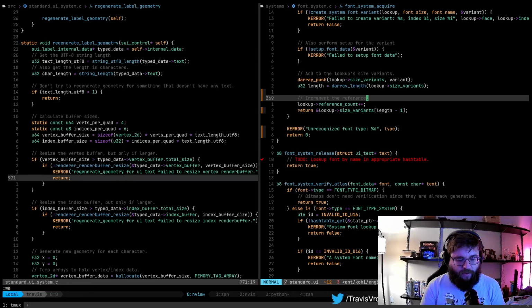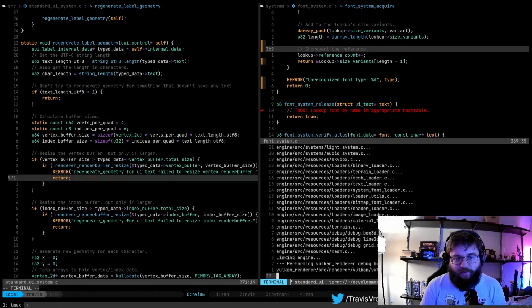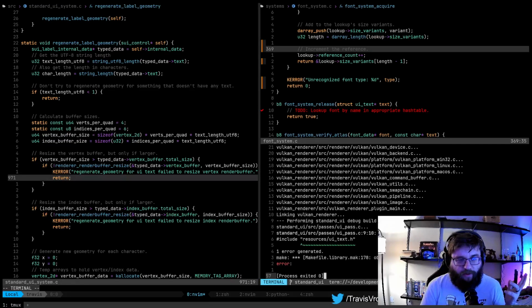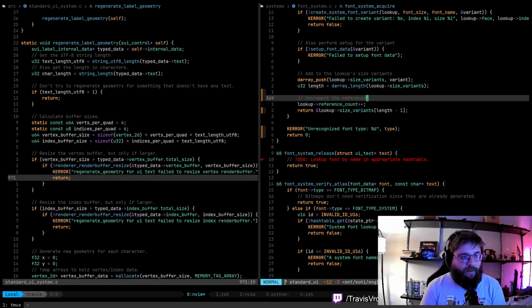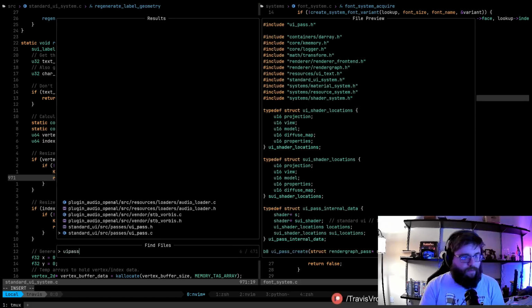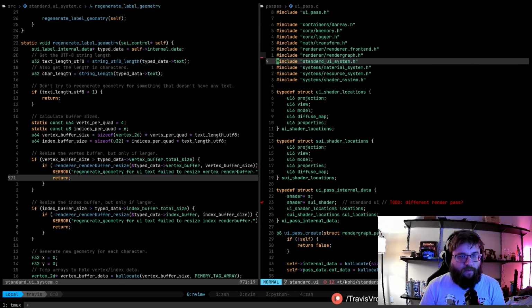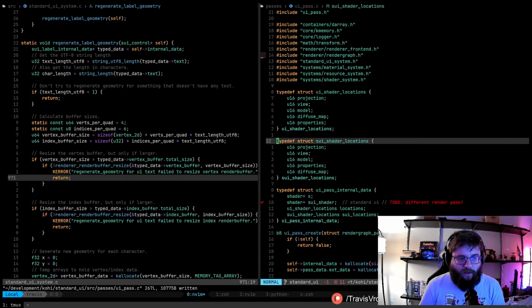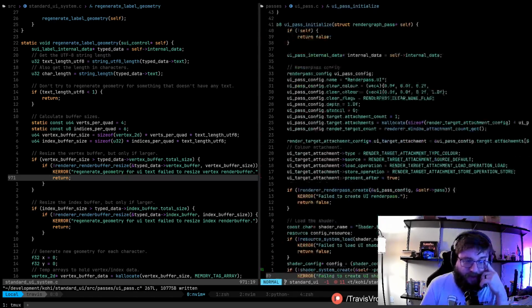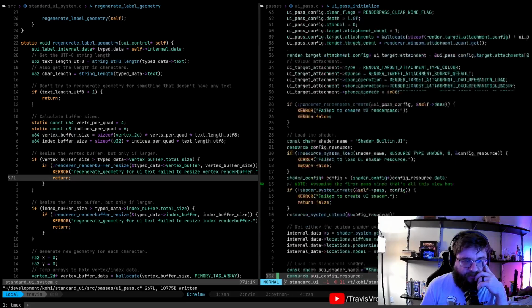Alright, so let's build again. That's surely going to break some other things that are actually using it, but that's fine. Oh, it actually didn't. Okay, so standard UI is using... The UI pass is actually using UI text, so we need to disable that. Right, so we can get rid of that. And this is one of those to-do items anyways that we wanted to treat a little bit differently, so...